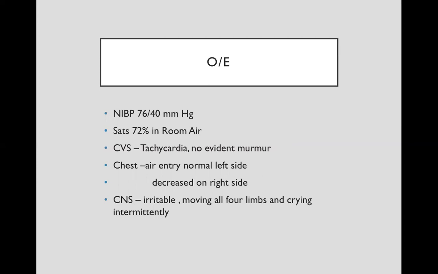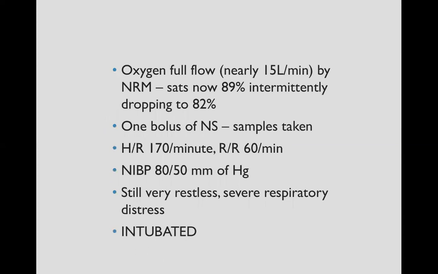The child is irritable, conscious, moving all four limbs. She is given oxygen full flow, 15 liters per minute by a non-rebreathing mask. The saturations now intermittently pick up to 89% and then drop down to 82% again. One bolus is given, samples are taken. Child is still tachycardic, still tachypneic,